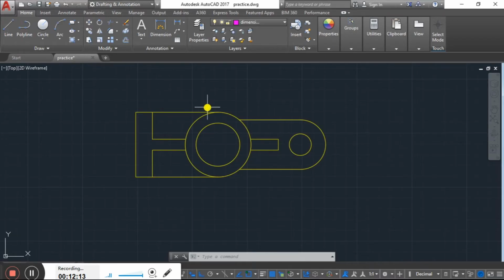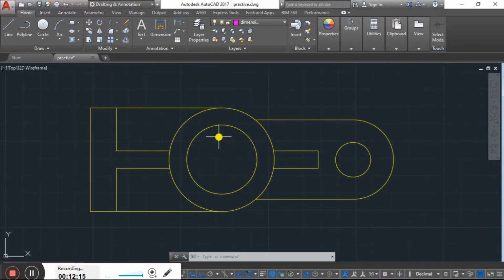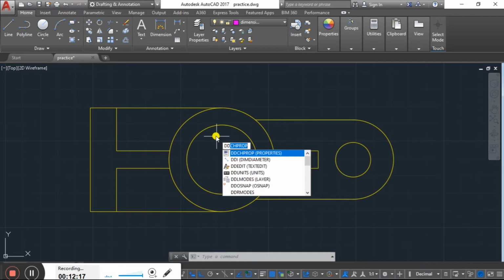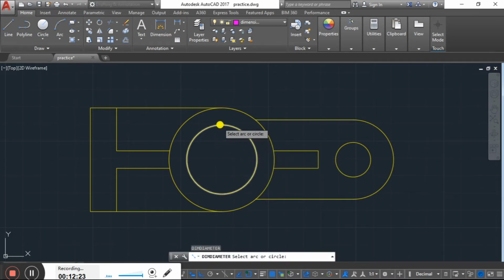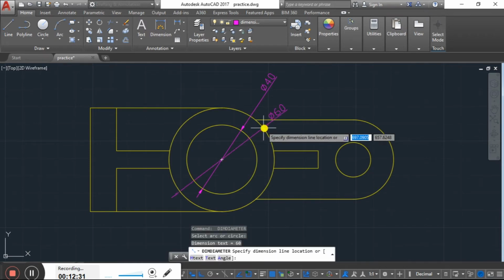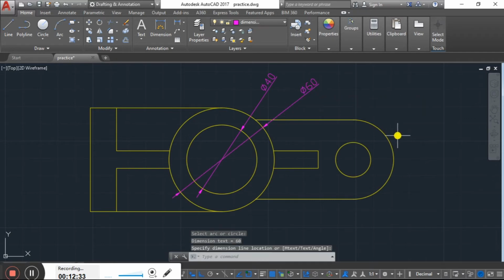So for diameter dimension, we have to press DDI, dimension diameter. So taking this dimension, diameter, by pressing enter again you will get back to the previous command, enter, enter. So we have given all the diametral dimensions.